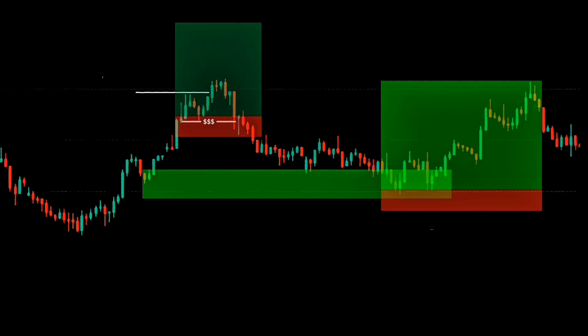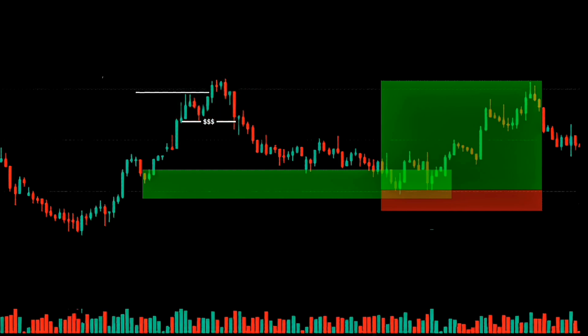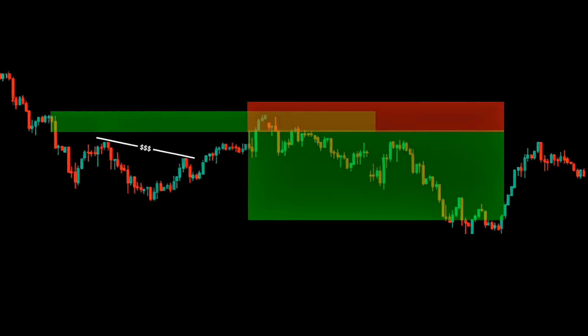Then I cemented all of this by confirming with trading volume. Seeing that the trading volume and price are in agreement, I then waited for price to come to my zone and entered the trade. Here is the same setup on